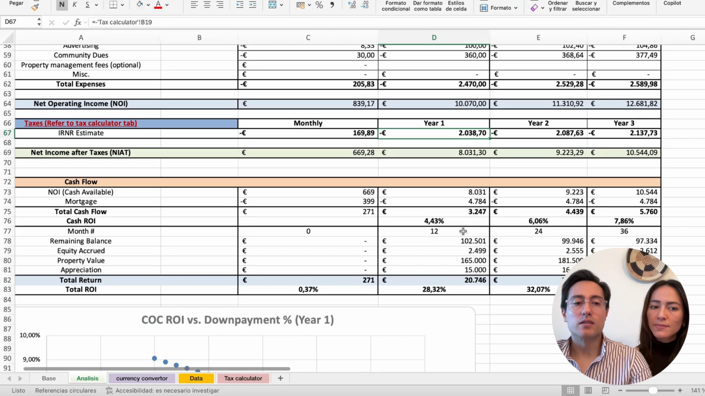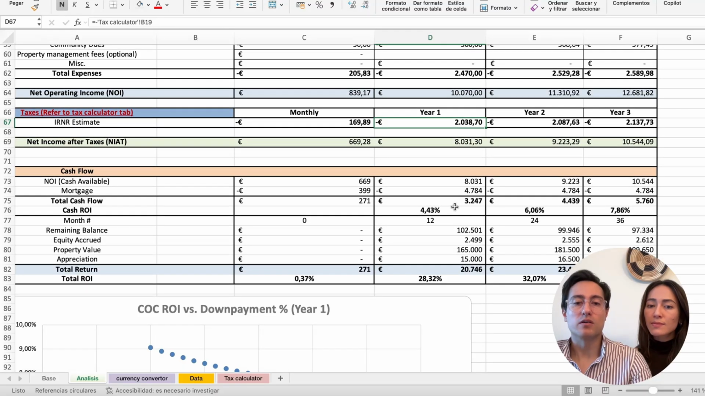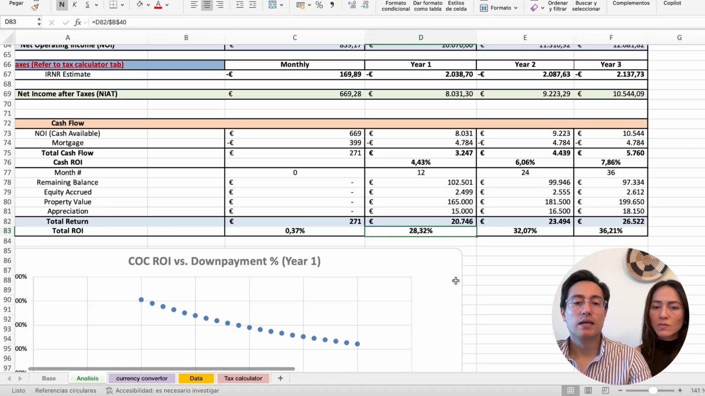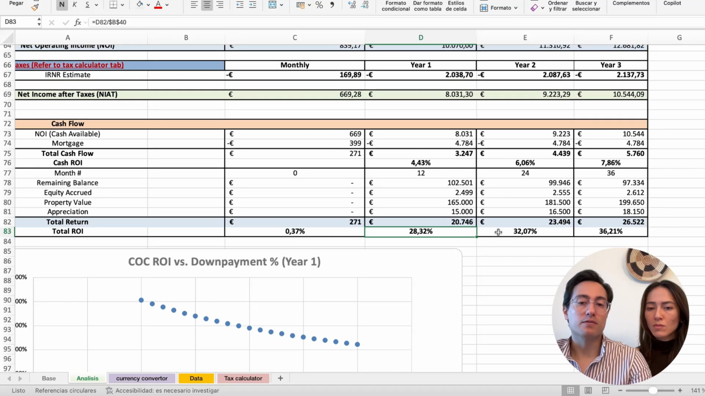And if we look at the cash flow, now things are going to get more realistic because excluding the mortgage, we have a total cash flow of 3,247 euros the first year. And this might look like a low ROI, but actually if we consider that we are increasing our property value and the appreciation every year that Spain is having, we're actually looking into a total ROI of 28% per year. This will be for year one, and we have year two and year three that we can take a look